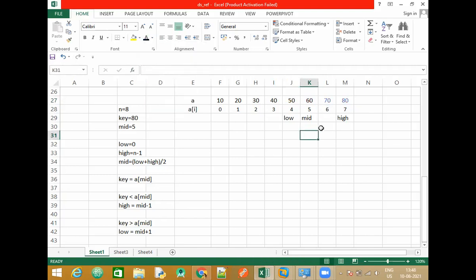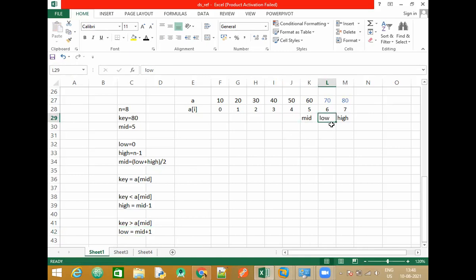Now, if you have a look at this, you have the value of high. Do you have the value of low? What is the value of low? It should be 0. Usually when we start for the array, it is initialized to the lowest index. So if you update it now, what will be the value of low? Mid plus 1. The value of mid is 5, plus 1 becomes 6. So the value of low is 6.